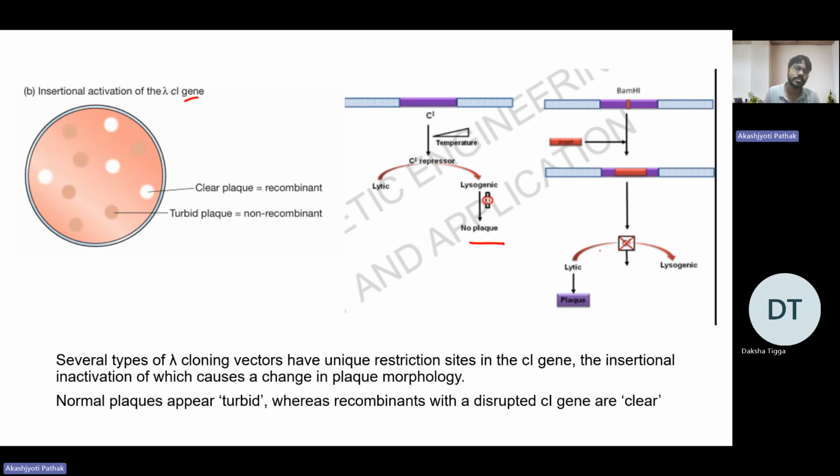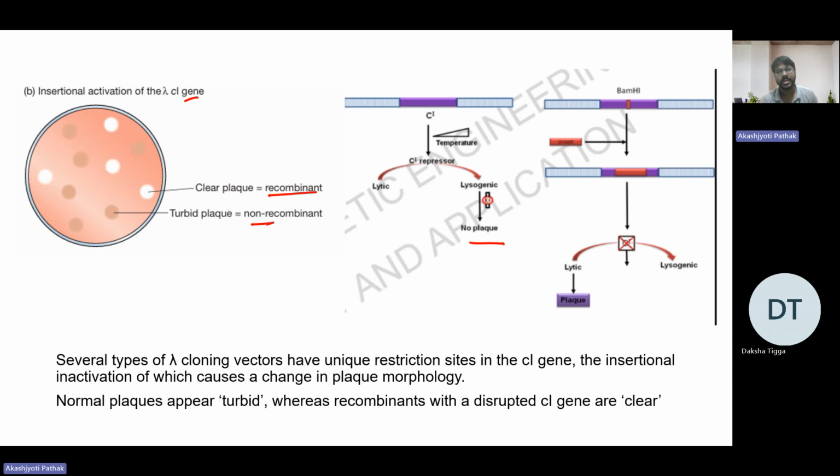So the bacterial cells which have taken up the lambda DNA containing your gene of interest, those bacterial cells, you will get a cleared plaque. So these are your recombinant, and where you get turbid plaque, these are your non-recombinant. Okay,